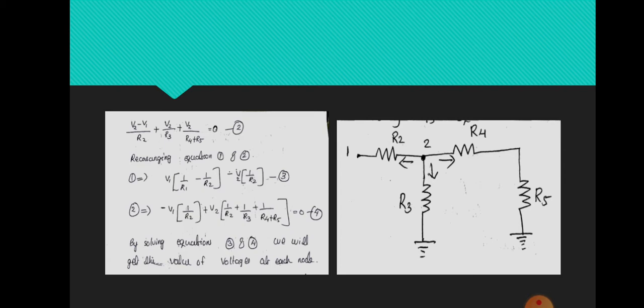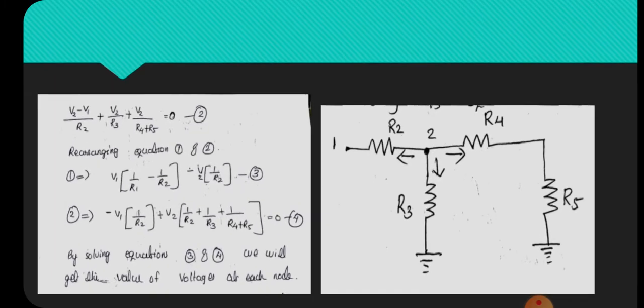So the current equations are (V2 minus V1) by R2 plus V2 by R3 plus V2 divided by (R4 plus R5). You got the idea? Current through R2 will be (V2 minus V1) by R2, and current through R3 will be V2 by R3. Current through the series combination R4 and R5 will be V2 divided by (R4 plus R5), and we